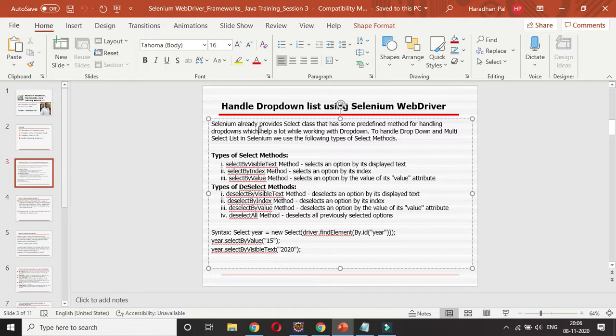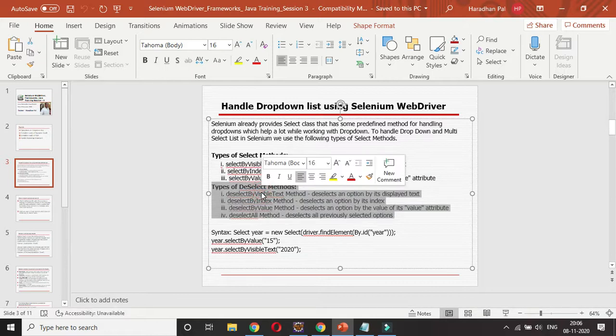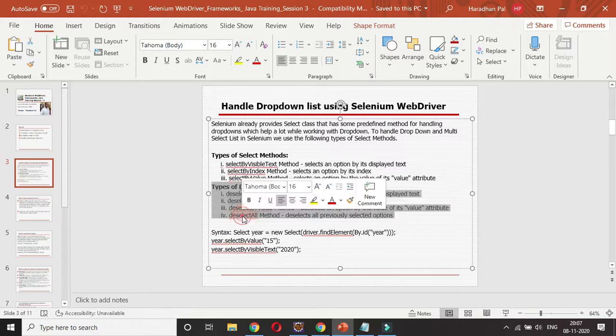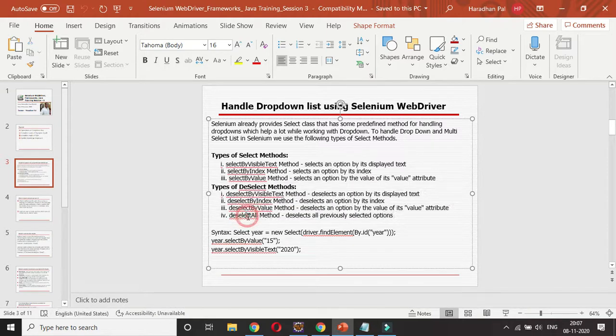So whenever you want to deal with a drop down, and if this drop down already has a select tag, then we can use these methods available in the select class: select by visible text, select by index, or select by value, for selecting a particular option. If you want to deselect it, you have to use deselect by visible text, deselect by index, deselect by value. And suppose you have selected multiple options from the drop down and you want to deselect all the options, you have to use the deselect all method.